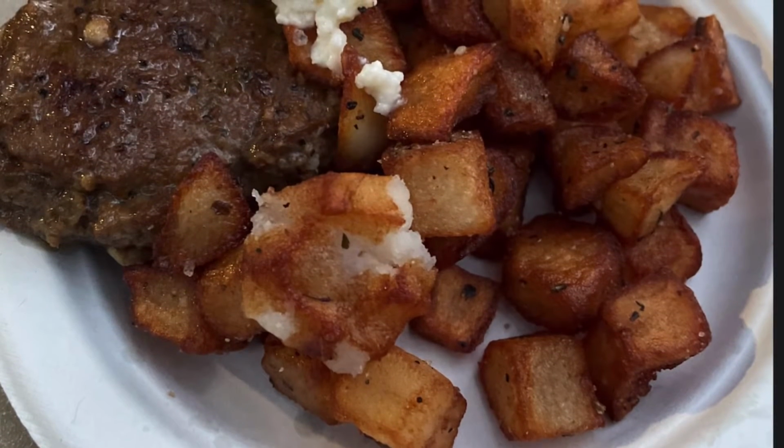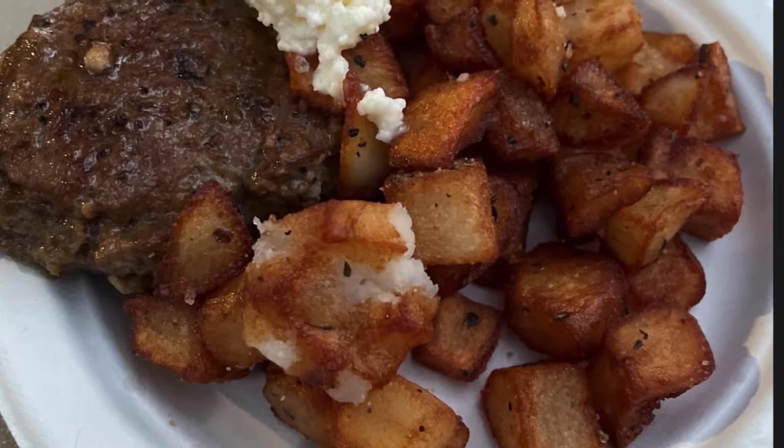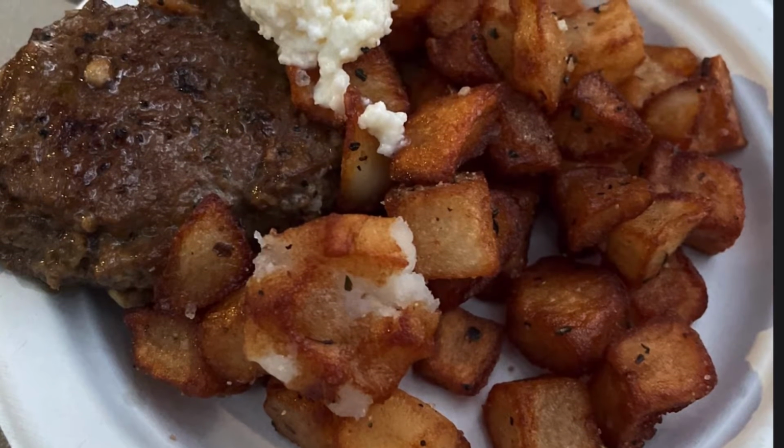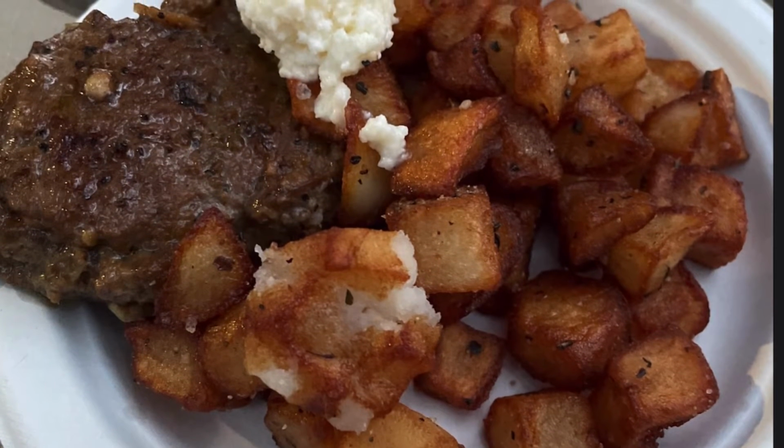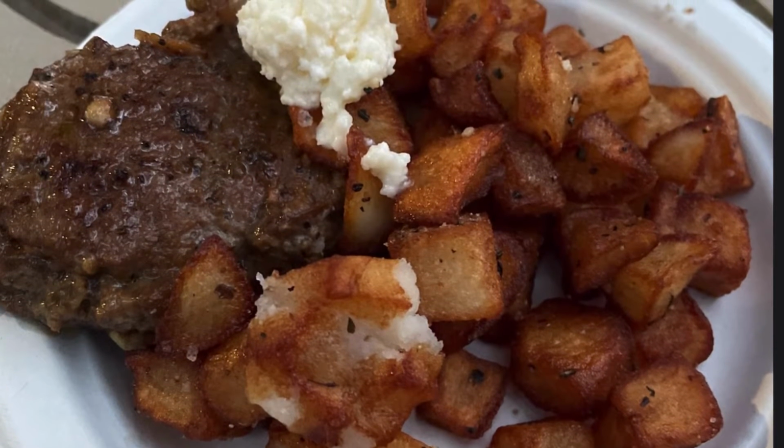The next one was the Mediterranean booth, and we had the rack of lamb, which was really just a slice of it. And it wasn't bad. The lamb was very soft and seasoned well. And it was served with these potatoes